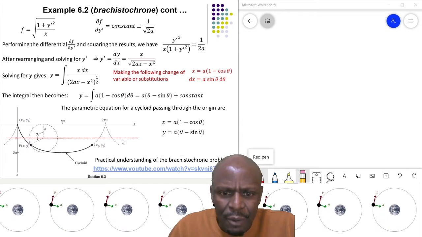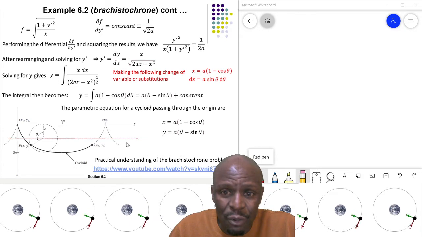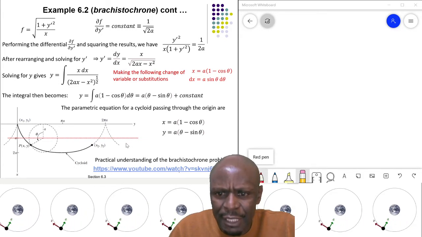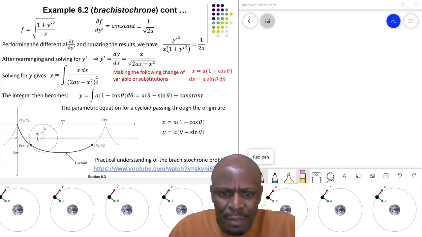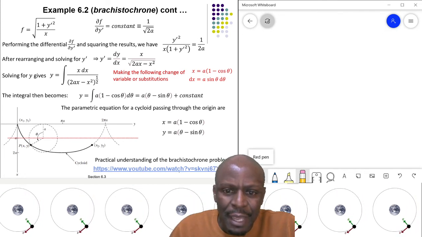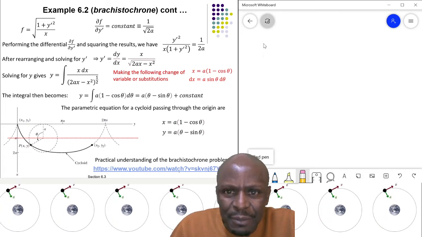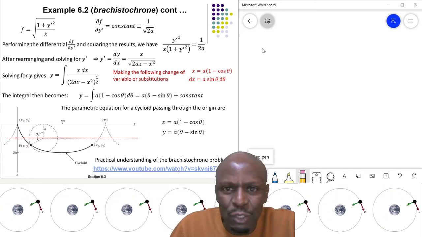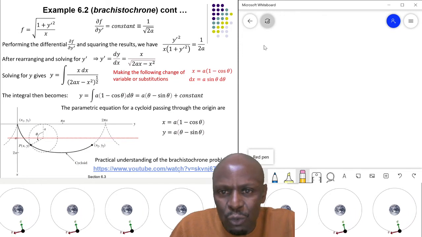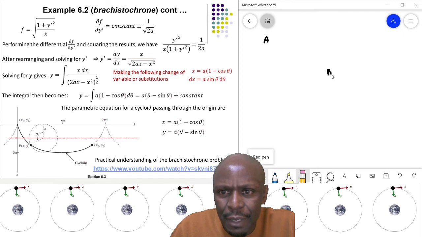All right, now it is also very interesting to see the cycloid, or this brachistochrone problem. After watching this video, you will be able to tell me, when you want to design the ramp that will make this particle move from point A to point B as quickly as possible,